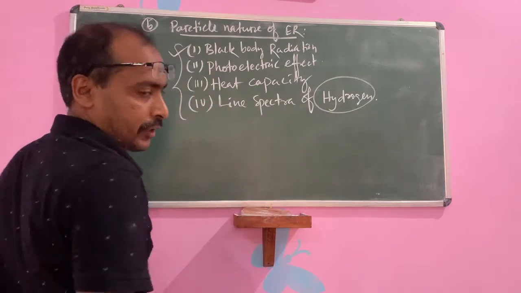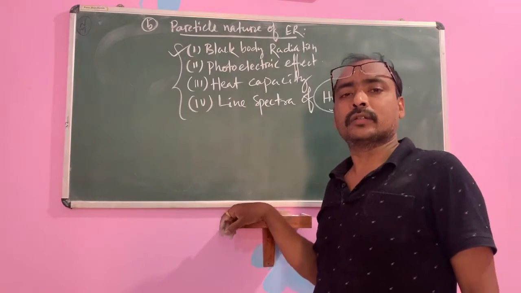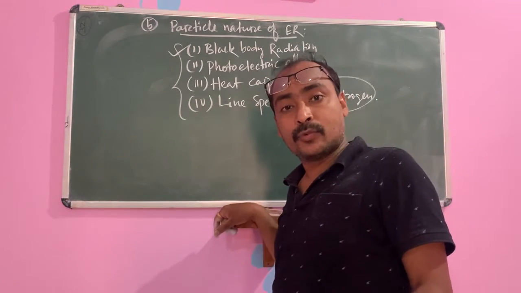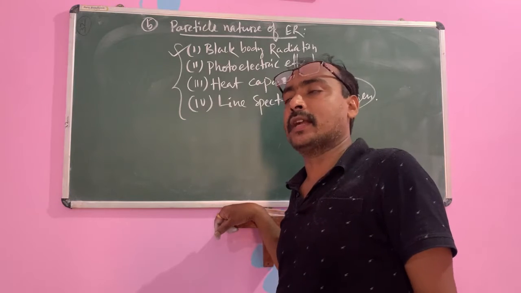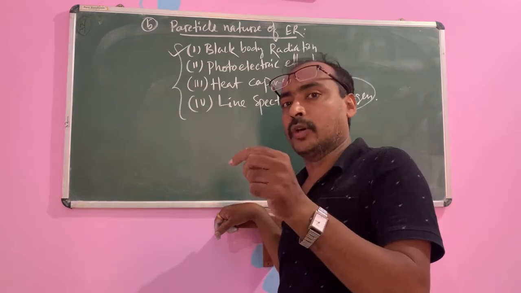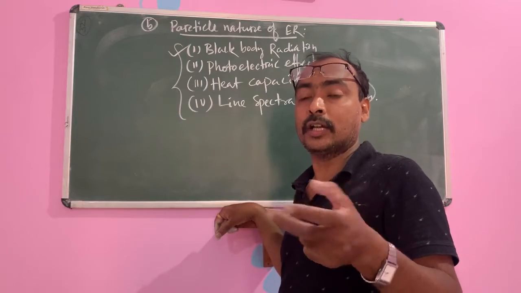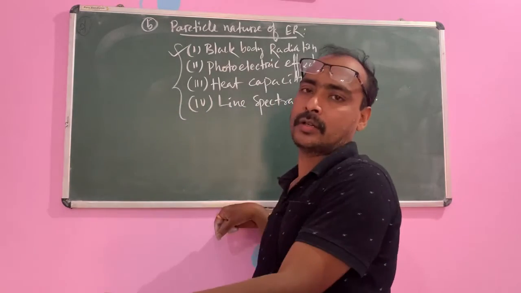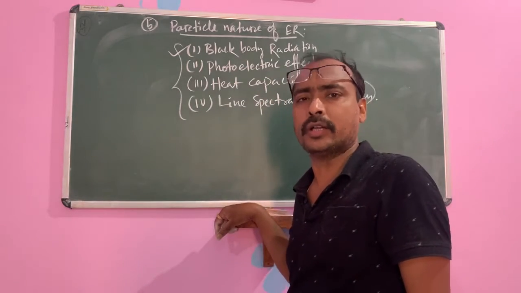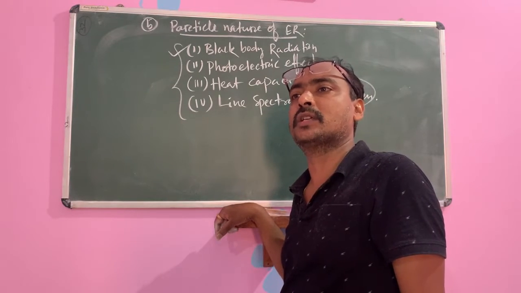First, black body radiation. So what do you mean by the black body? Is it a body which is black in color? No, the body which emits and absorbs radiations of all frequencies and wavelengths uniformly. The ideal body emits or absorbs all the frequencies of light equally. If it absorbs 100%, it will emit 100%. But actually a 100% ideal body is not possible. You know, children, there is also no possibility of a 100% efficient machine.